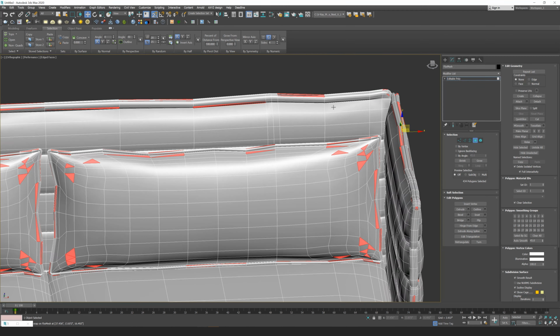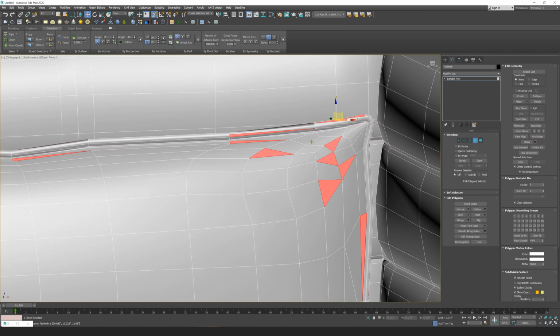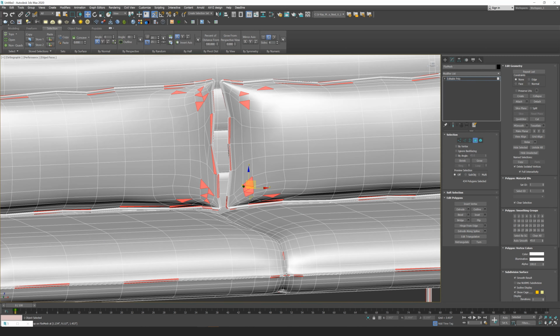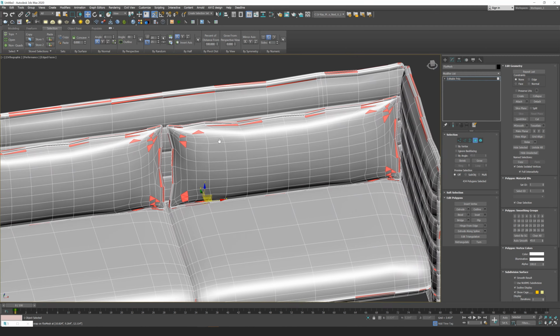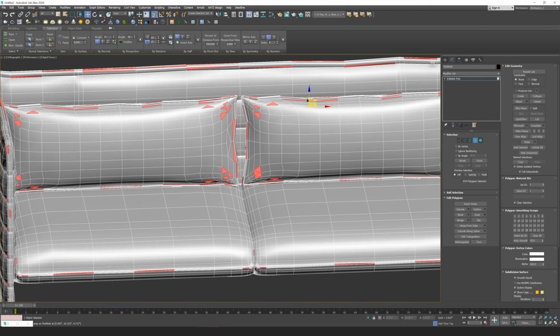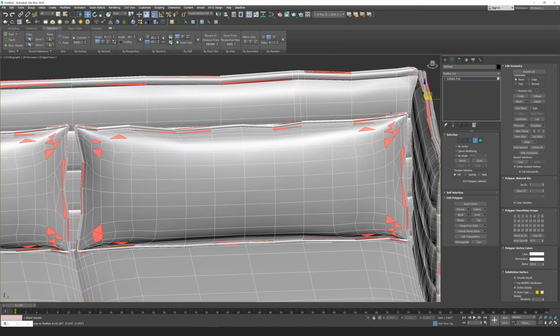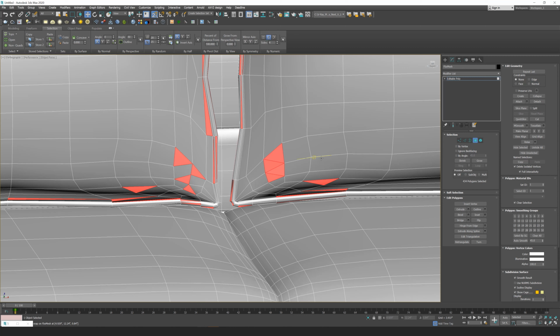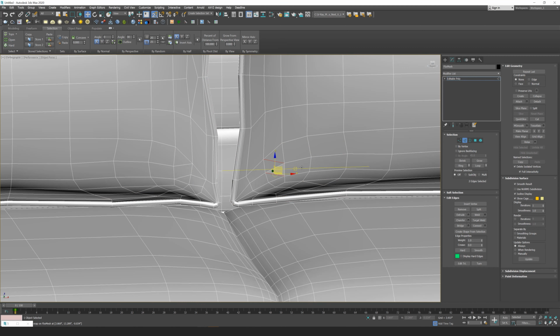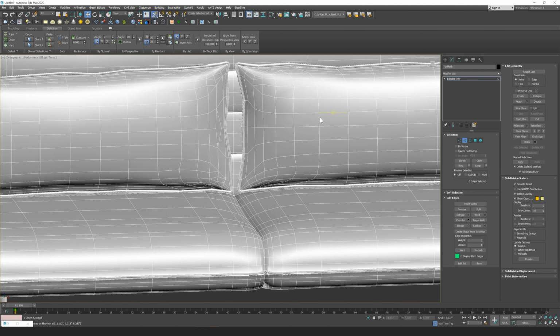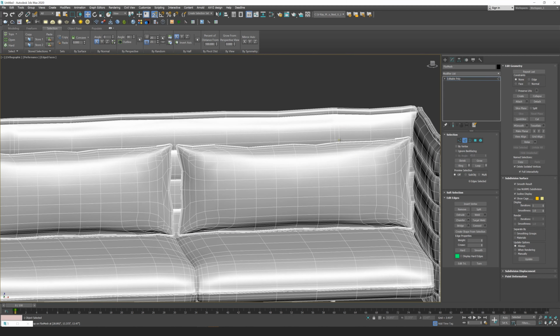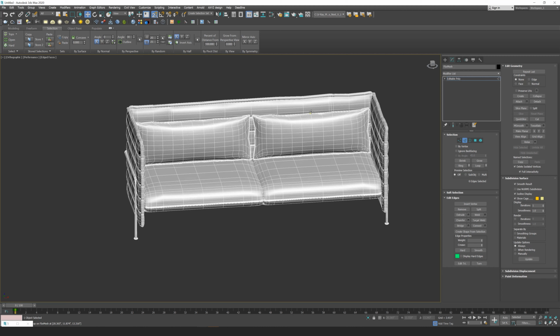So now looking at our tris, we can look through where the Quadrify All tool did not work properly. And what we could do is go back to our triangulated model and clean up these edges where they are, or we could just work now with our newly cleaned up model to remove these tris. So I could go through here and delete those edges like that. And then I can go through and clean up the rest of my model. Again, you have two options there. You could go through